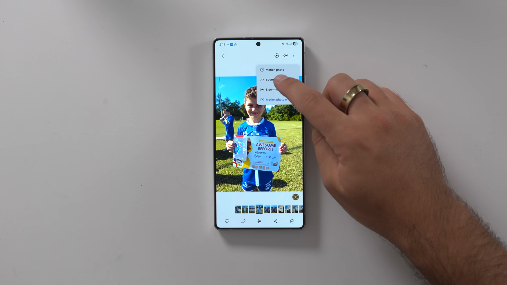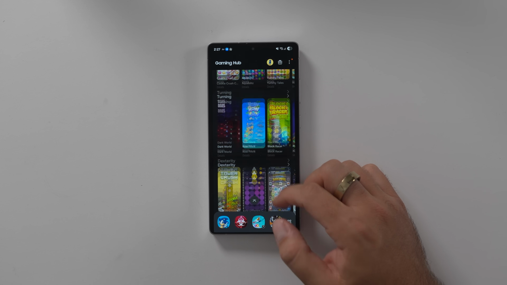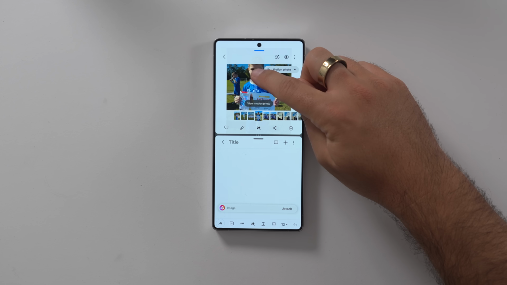In the last couple of months, I've not really dove deep into some of the nitty-gritty of the features. Today, that changes. I'm going to uncover and show you 5 features that I think you haven't used, and maybe you might want to. Diving straight in, the first one is to do with motion photo, but not necessarily motion